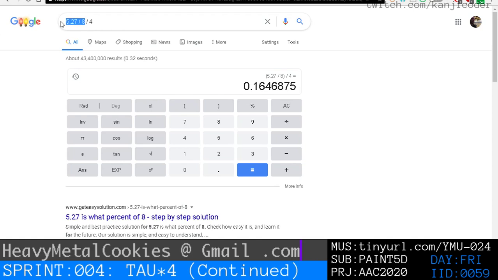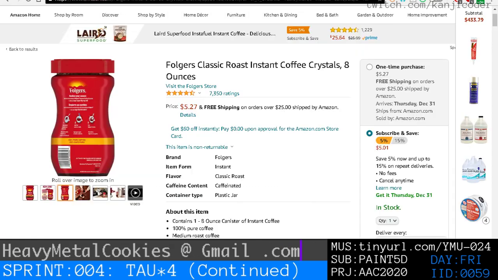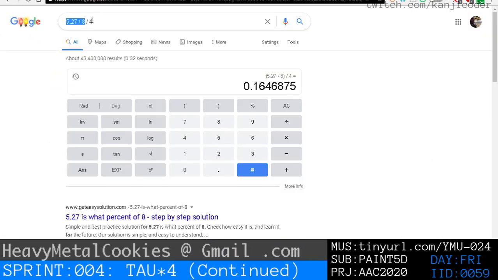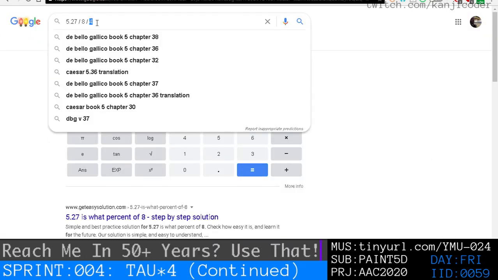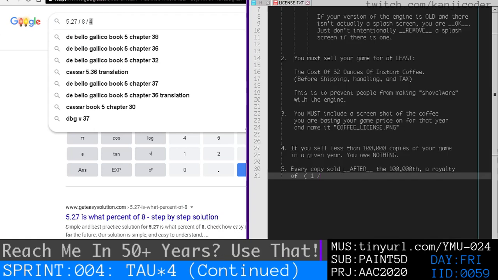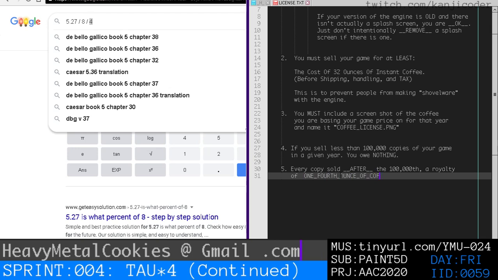So if this is 8 ounces of coffee, 527, divided by 8 to get 1 ounce, and then divided by 4 to get 1/4 of an ounce. So royalty of